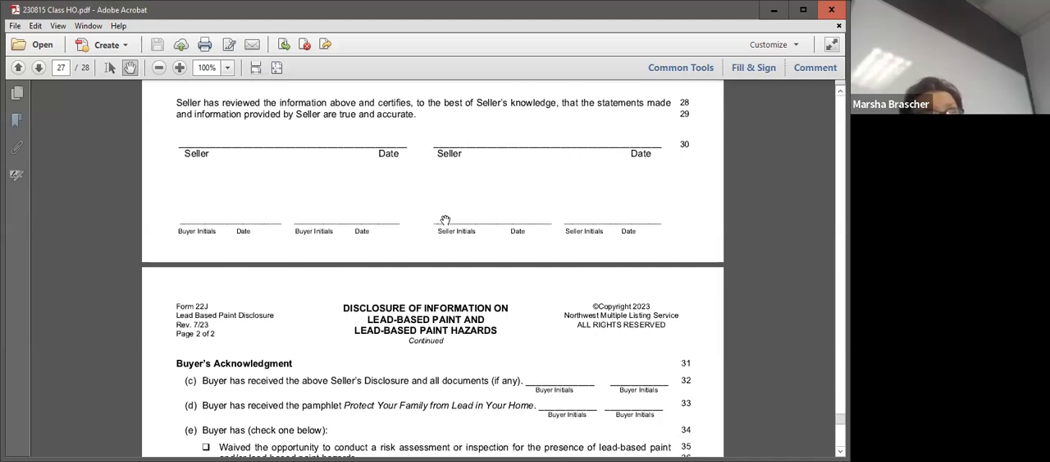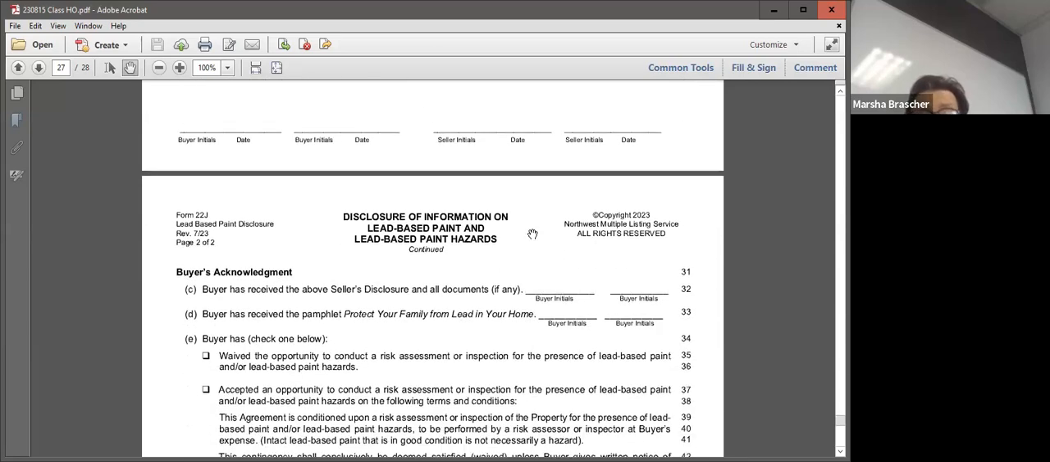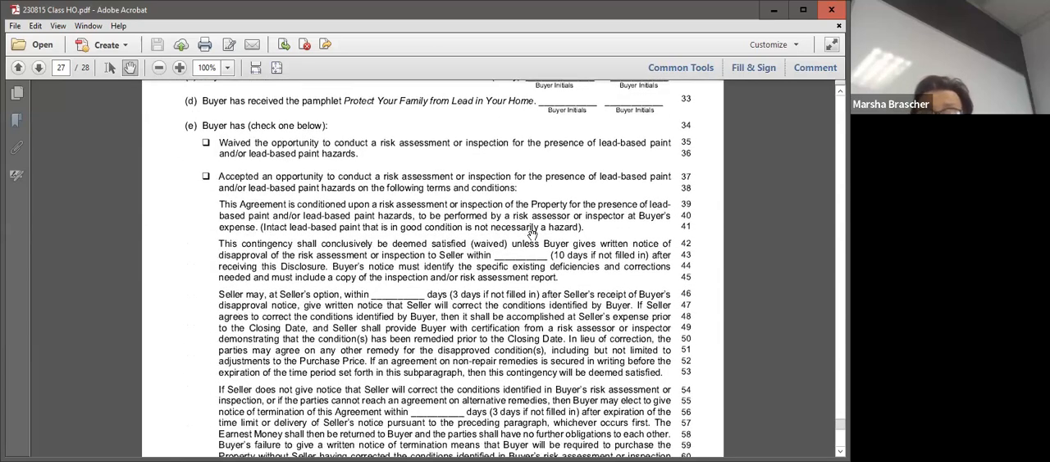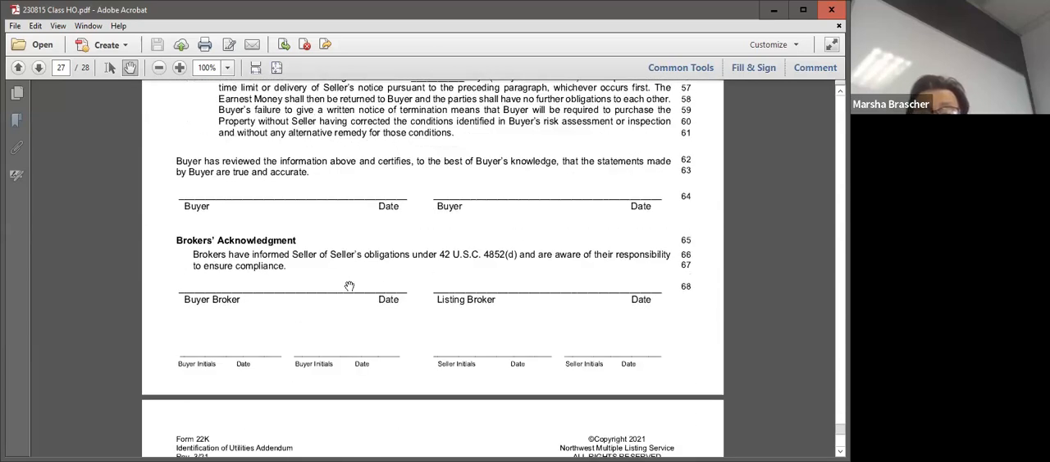And then you can do it 2 ways. You can have them do seller initials, or you can wait until the offer comes through. And that's one of the things that they need to do. And then remember the buyer broker and the listing broker. I see that a lot where one of them